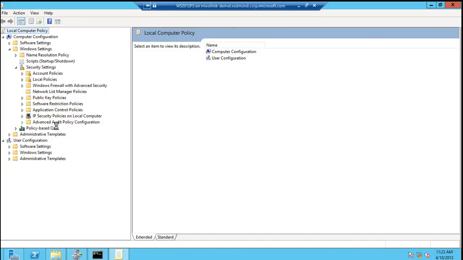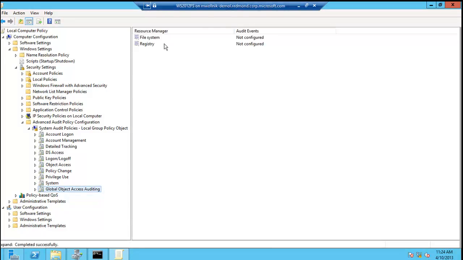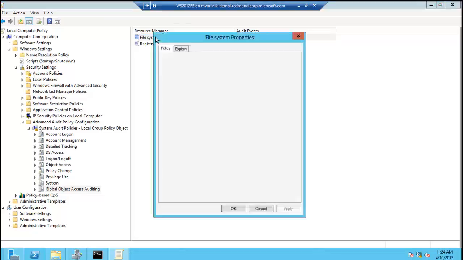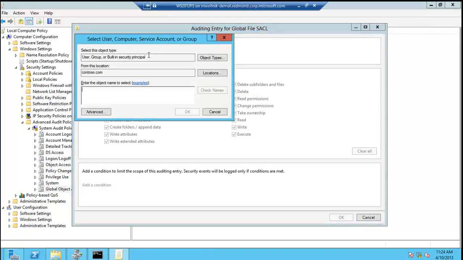Advanced audit policy configuration. System audit policies. And then we have, oh, where is it? Global object access policy. I can enable the file system policy auditing, define this policy setting, and I can do exactly the same thing I just did on a local machine